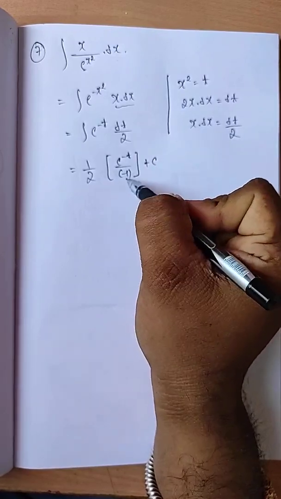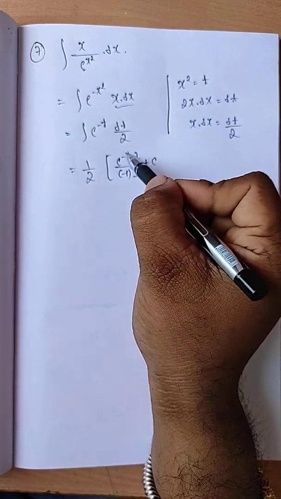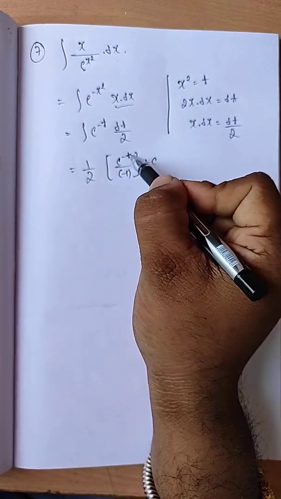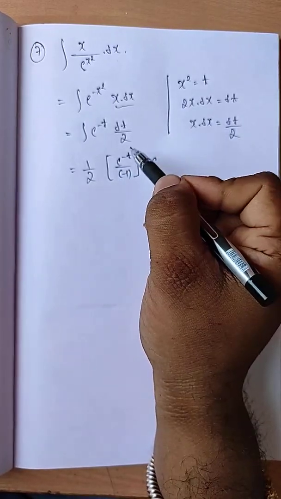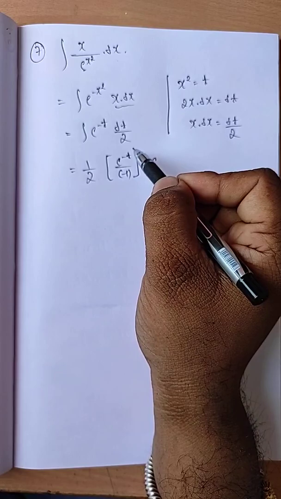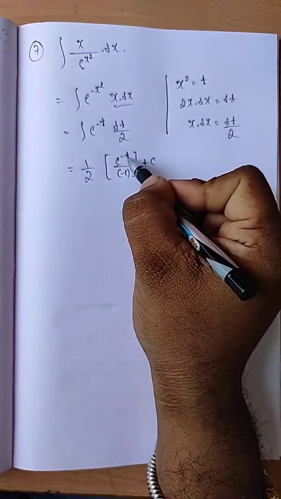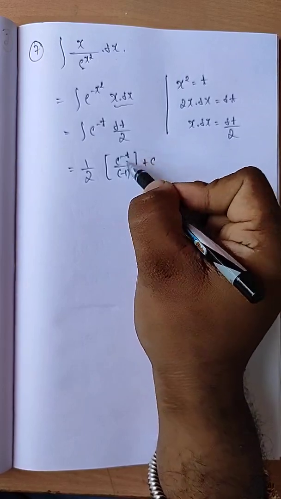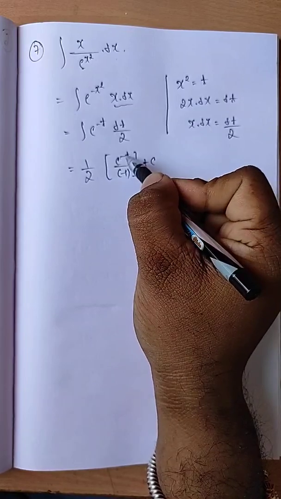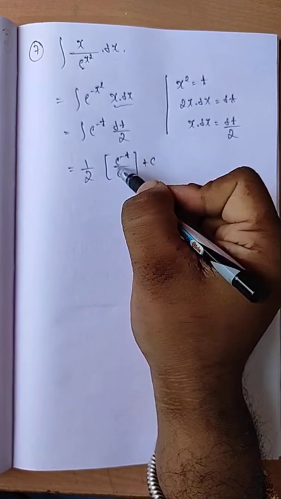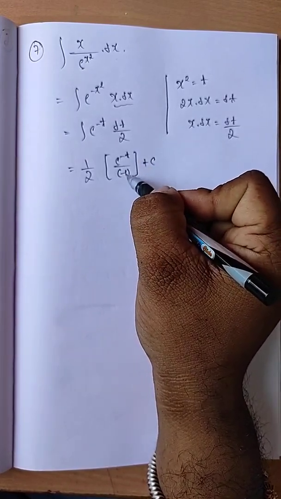In the denominator, why I have written minus 1 means, on the integration, if any x coefficient exists, write the x coefficient on the denominator. This is the point I have already given for you people, I told you in the beginning of the class. Here what is the t coefficient? The t coefficient is minus 1. On the integration, if any coefficient exists, you want to write it to the denominator. So this minus 1 is the coefficient here, so I am writing it in the denominator. Is it clear? Is it okay?